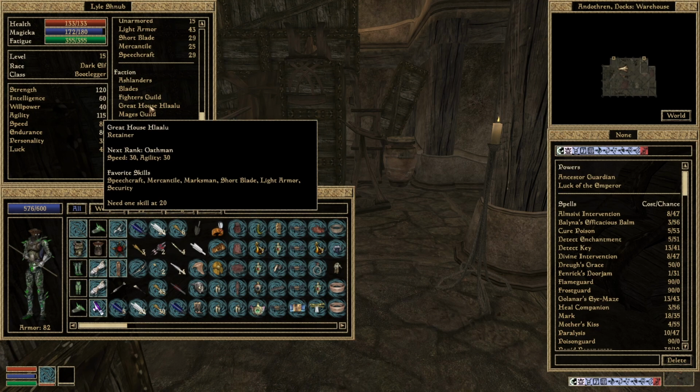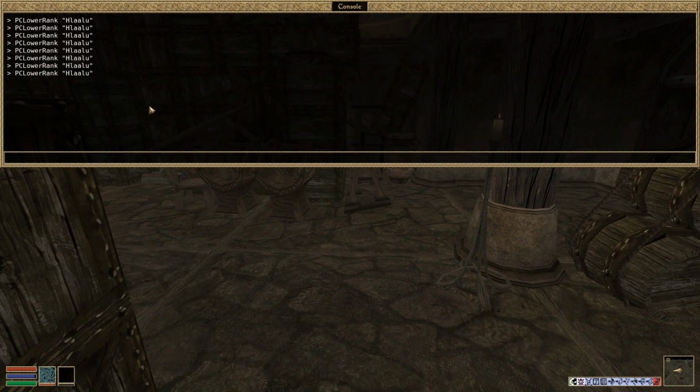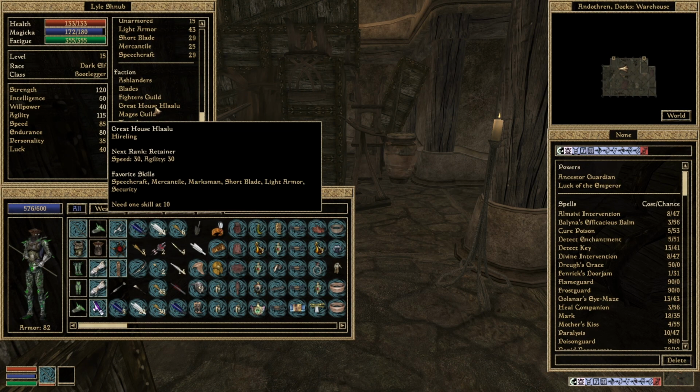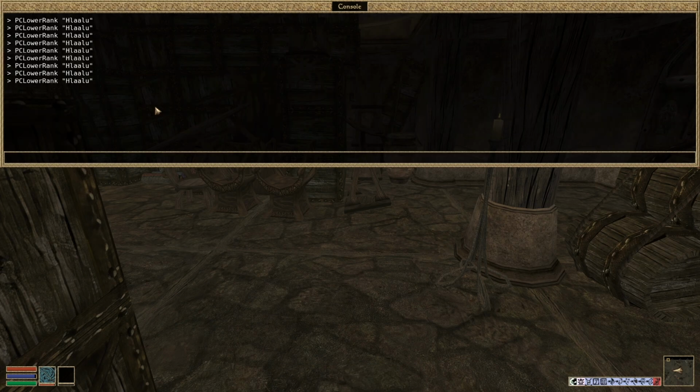Okay. Retainer. Is Retainer the starter one? I feel like it is. I'm quick saving just in case. Hireling has got to be it, right? That's got to be it. And how many are we at here? 2, 4, 6, 8, 9, and then if we do 10...